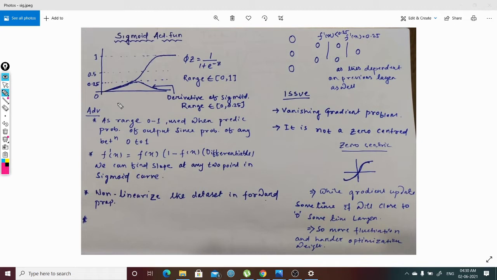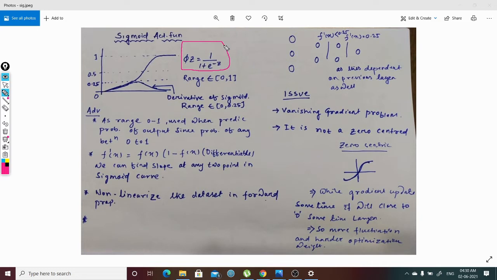So the first activation function that we are going to discuss is the sigmoid function. It is a nonlinear activation function. It can be called the logistic activation function, or, in a more profound way, the sigmoid activation function. So this is the basic formula that we use in the sigmoid function: 1 upon 1 plus e to the power minus z.